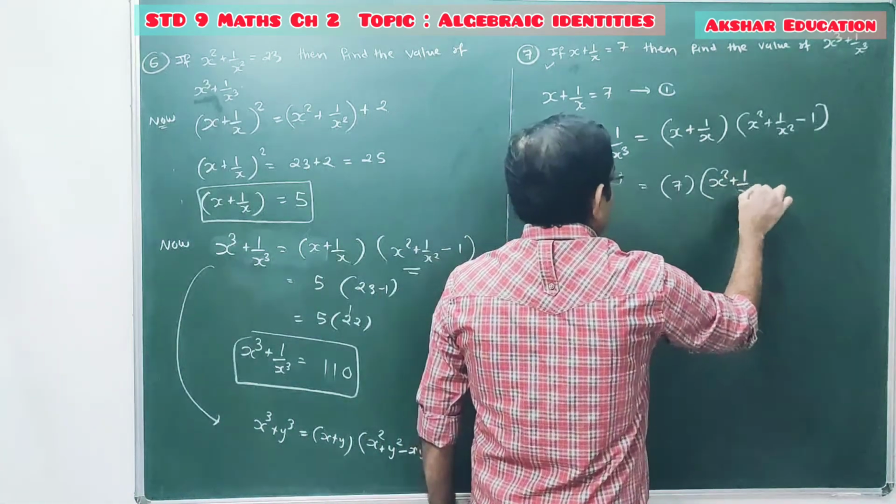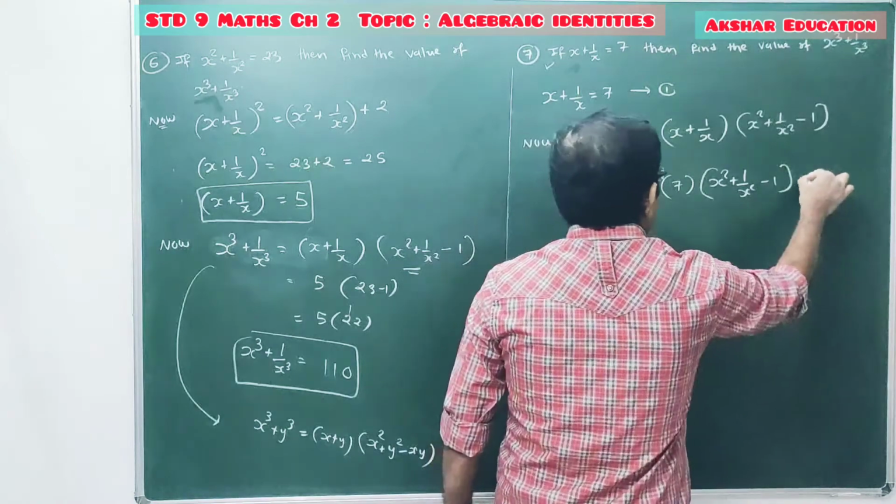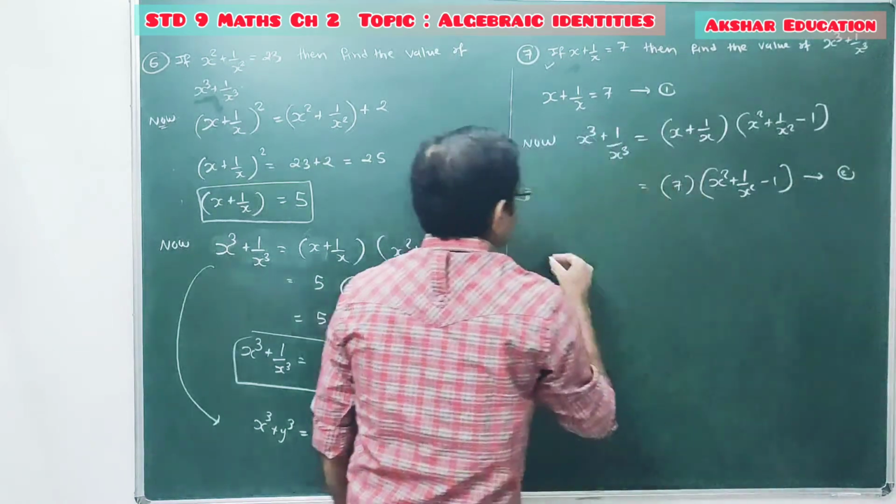So we have to find that. So this is minus 1. Say this one as result 2. So now